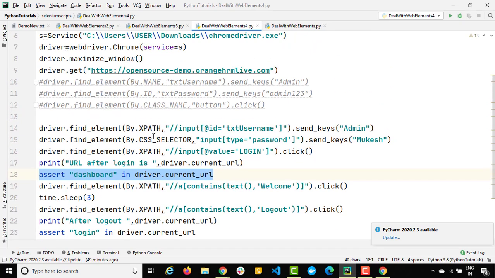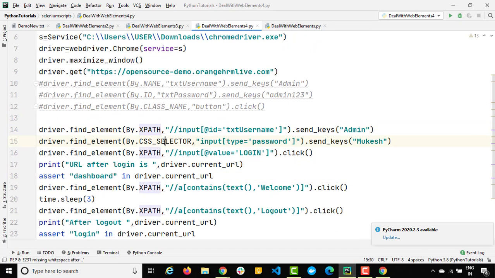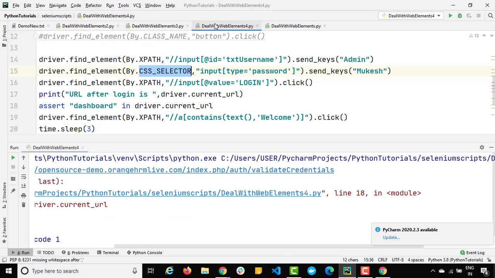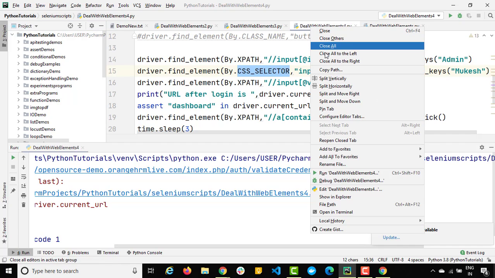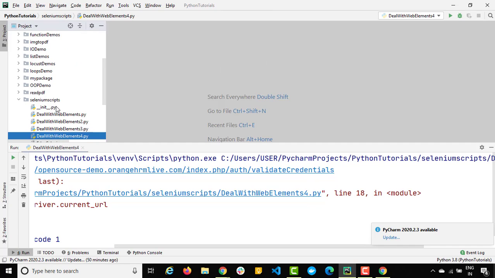So this is all about how to use XPath and how to use CSS. Now you can continue with XPath and CSS for any kind of web element. It is not only for these elements, even if it's an image, hyperlink, or normal web elements, you can continue with XPath and CSS. But in Selenium, we have dedicated locators which work purely with hyperlinks. Okay, so in the next example, I will show you how to work with the other 2